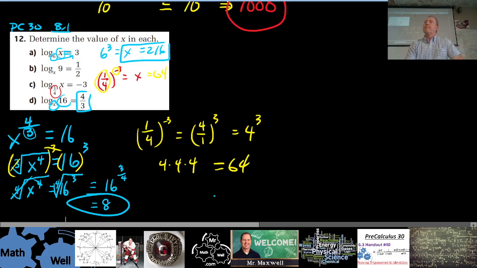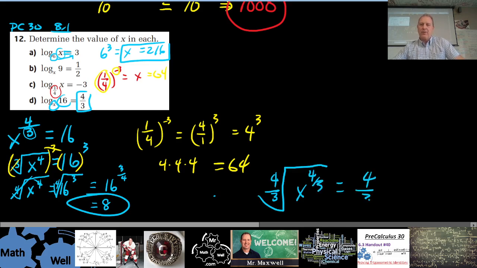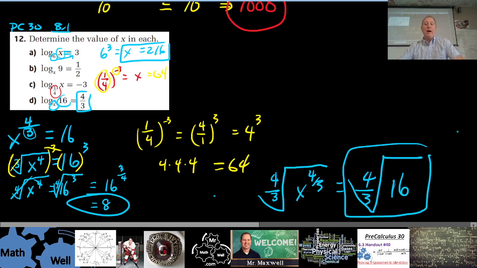Yep. I just put into my calculator 4 over 3 root 16, and then it gave me 8. You did the 4 over 3 root like this, with 4 over 3 as an index for 16? Yeah, you put this in your calculator? Yep, that will get you 8 as well. Please make sure that you do that on a test. Will that work? Well, I mean,